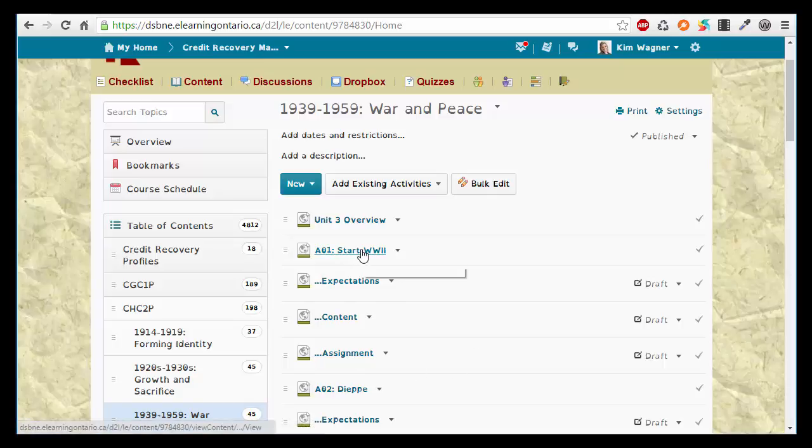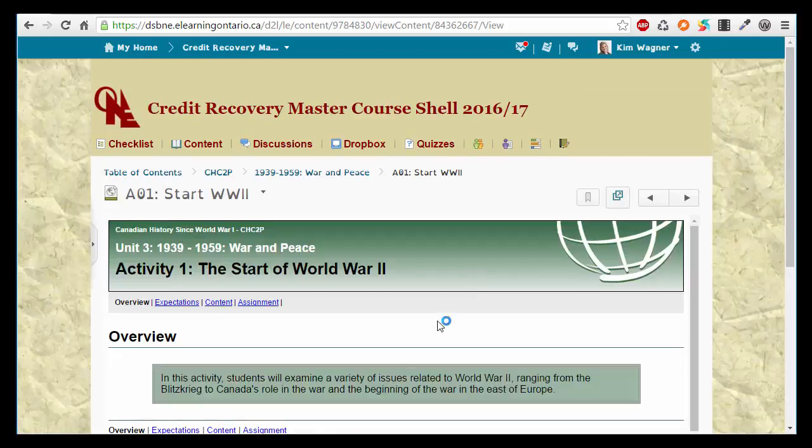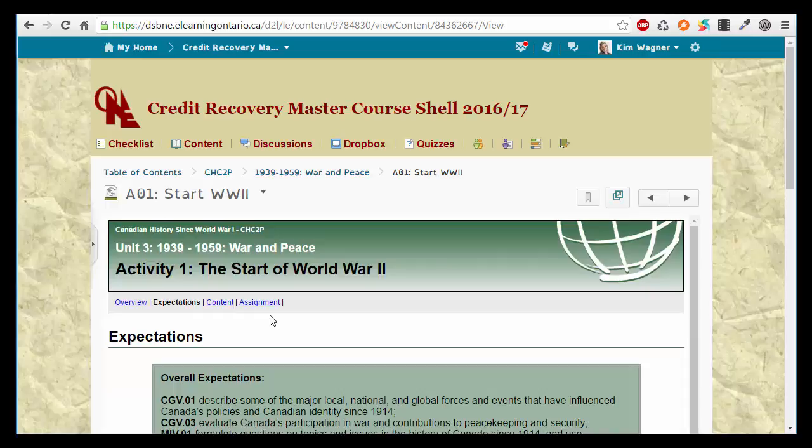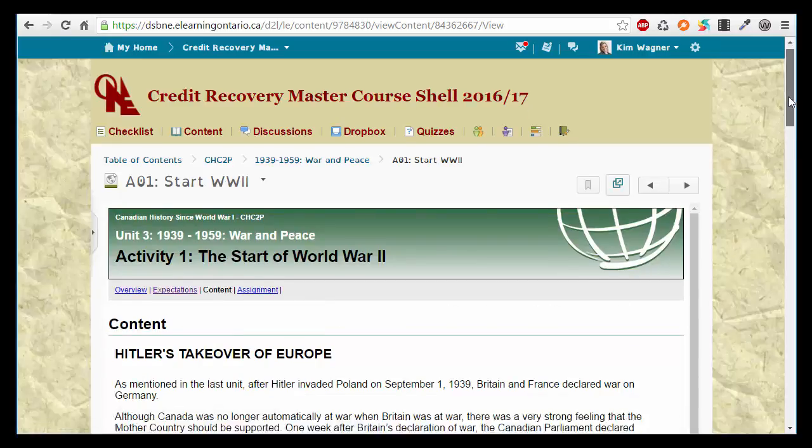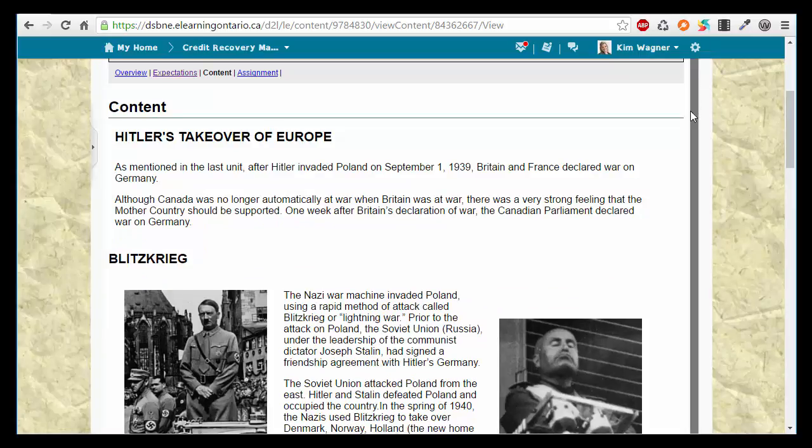So you need to sort through that visually. Just know that the students can see all the content, and it's really the activity page that matters. So when you click on the activity page, it brings you to the overview. You can click over to expectations, then click over to content, and it's here the student would read all about